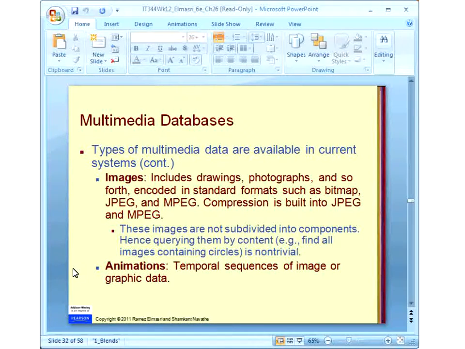Then it can be images, including photographs, encoded in standard formats such as bitmap, JPEG, or other compressed formats. It can be animations. Now imagine, when you search for a particular image on Google, you type a word, and the word brings you different images,